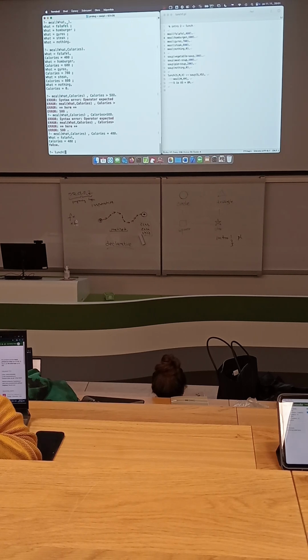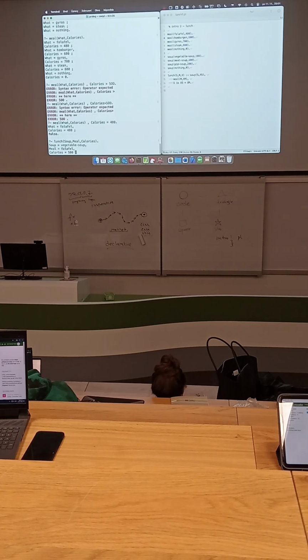So, lunch. We have some soup. We have meal. We have calories. First solution. Vegetable soup, falafel, total calories 500. Why?